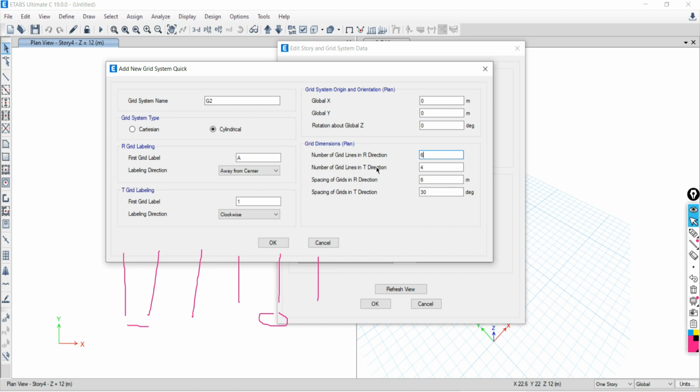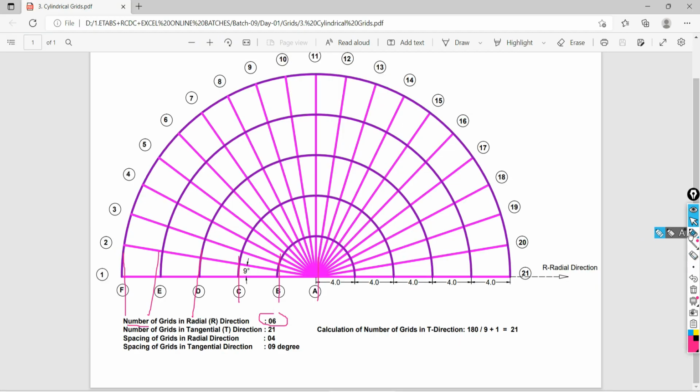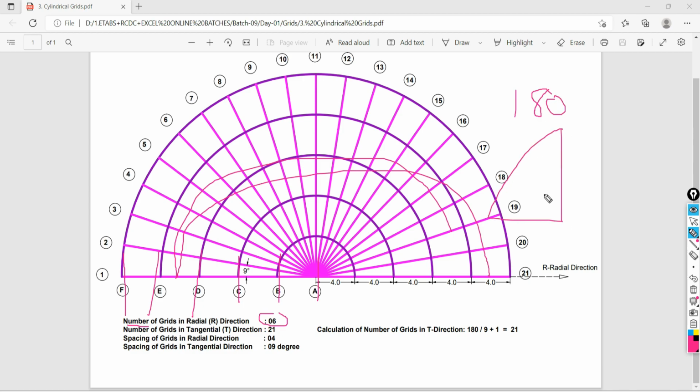Next, number of grid lines in the tangential direction. Let me see how you can decide the number of grids in the tangential direction. Very simple. Measure the total degree from one end to another end. So it is 180. You know very well, 180 degree. If it is like this, it will be 90 degree. If it is